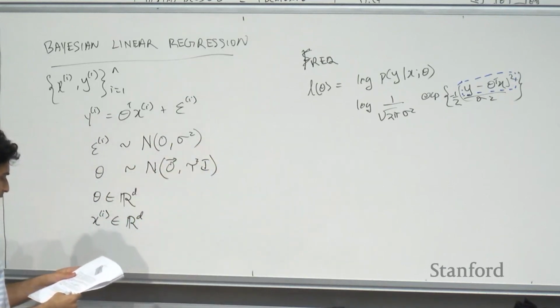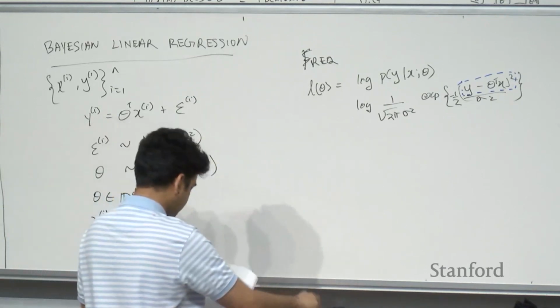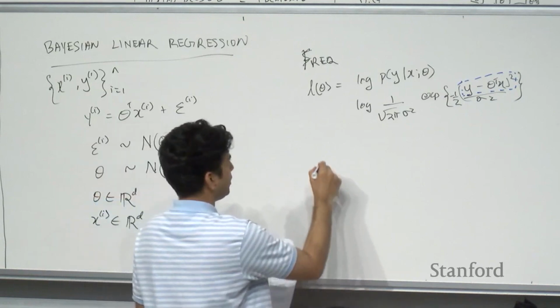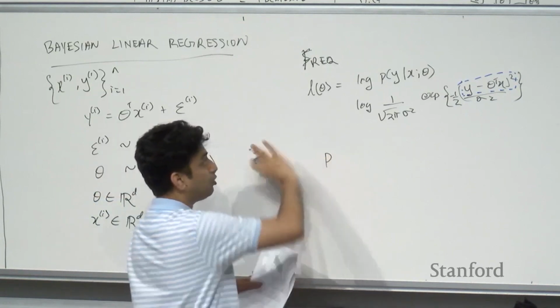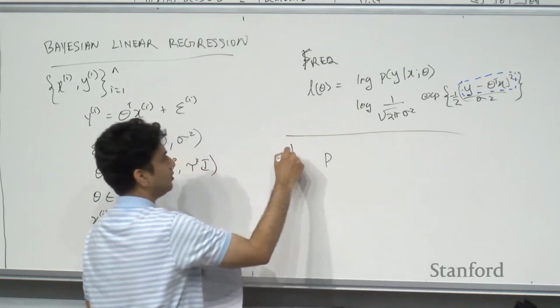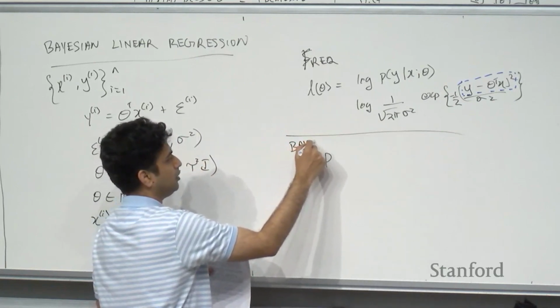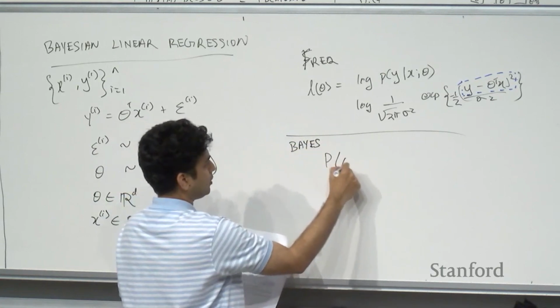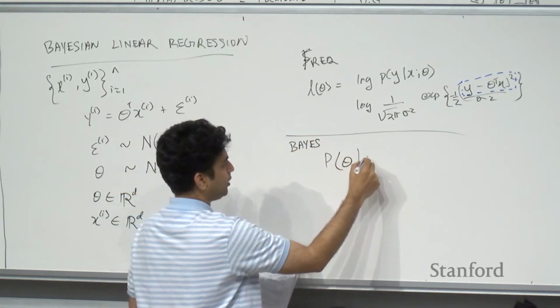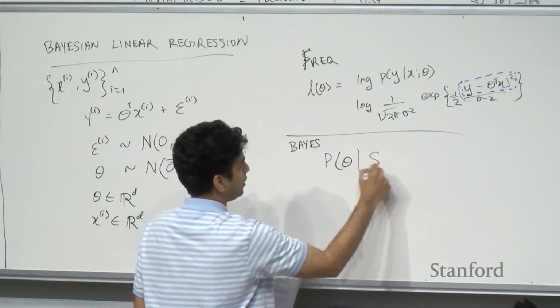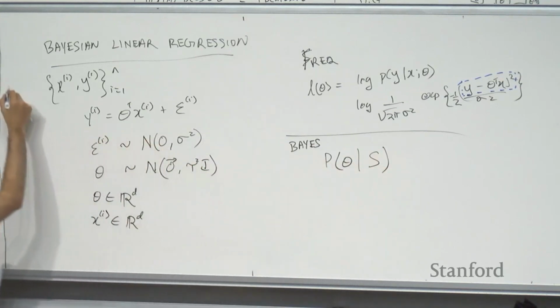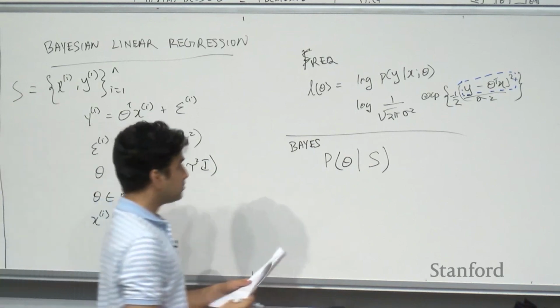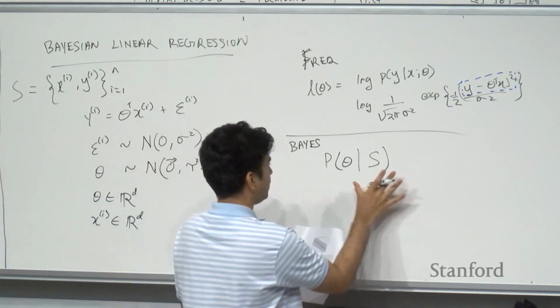But what about the Bayesian setting? In the Bayesian setting, we don't do maximum likelihood. In Bayesian linear regression, we just construct P of theta given S. So let's call this S, the full training set. Right? We construct P of theta given S